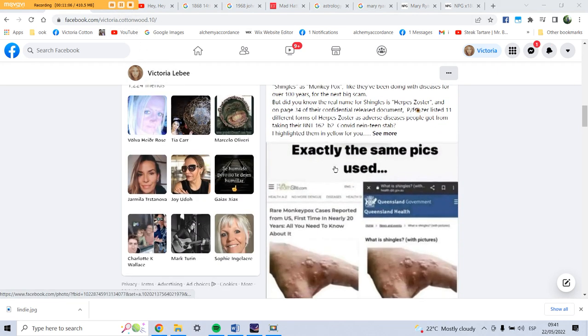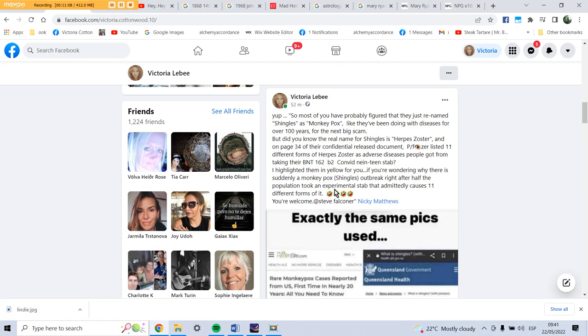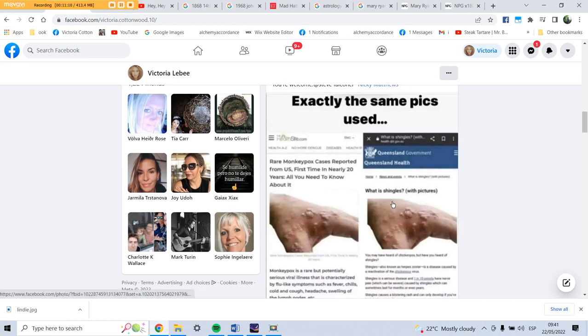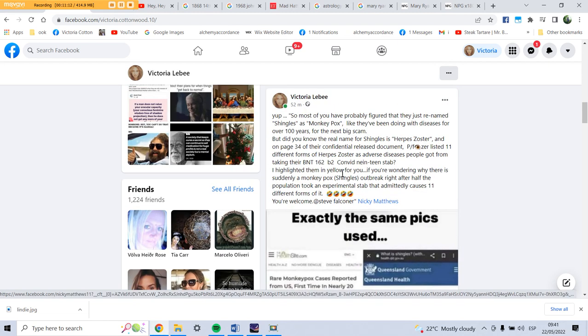So we just go through some posts quickly. Somebody just posted this. Shingles is the same thing. So most of you probably figured that they just renamed shingles as monkeypox, like they've been doing with diseases for over 100 years for the next big scam. But did you know the real name for shingles is herpes zoster? And so this is found in all the